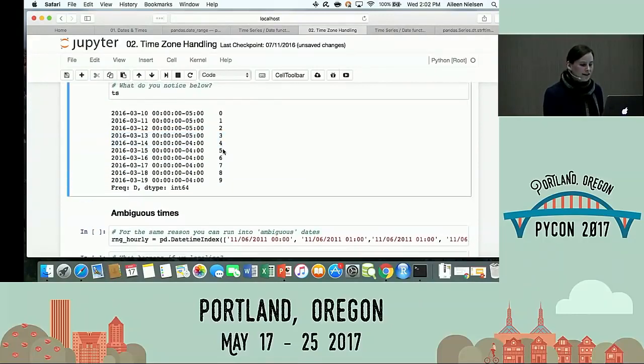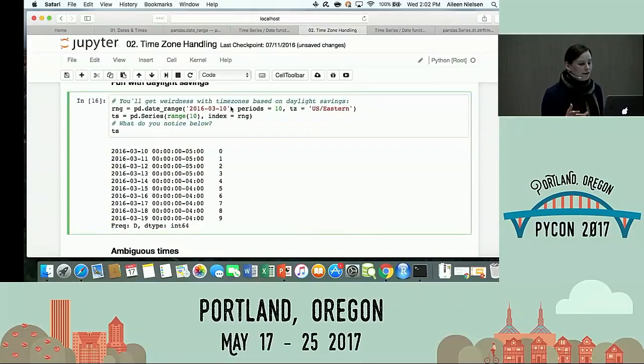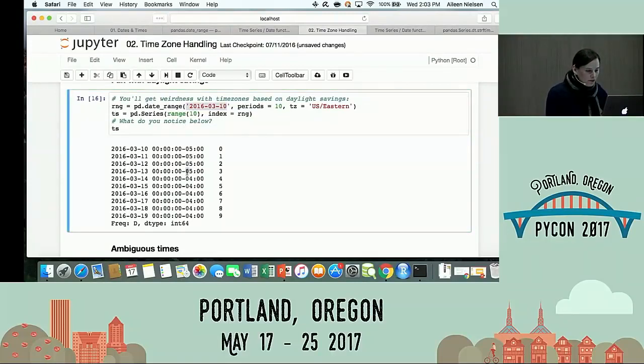What else do you notice then? This will just default to daily period. The reason it defaulted to daily period is that's the level of specificity I gave the date range, so just pointing out another helpful feature. If I don't give it a frequency, it says, well, if you talked about a date, you must want daily. If you gave me an hour, you must want hourly, right? More intuitive functionality there.